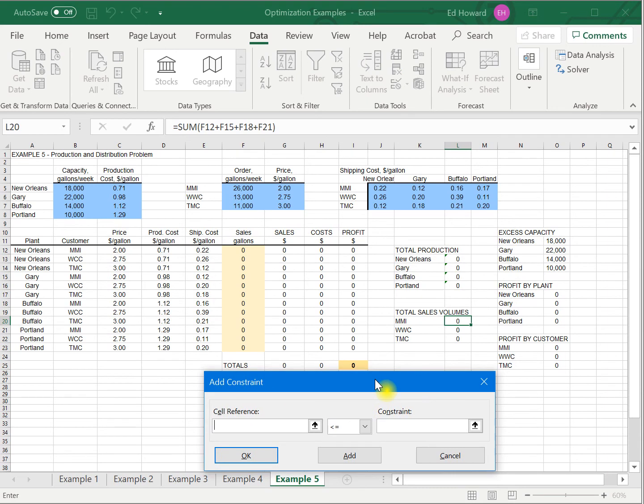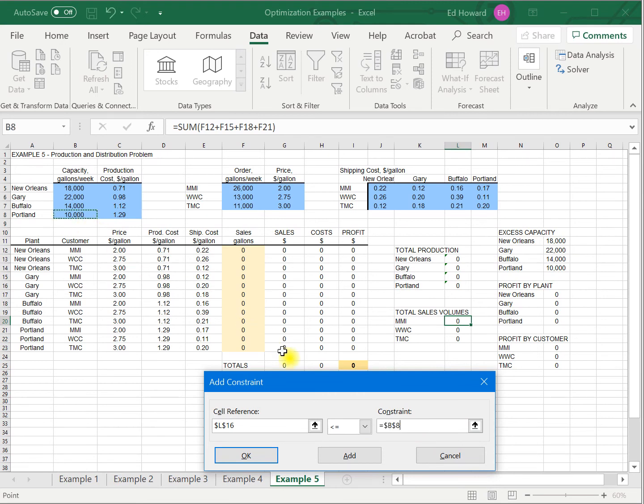So the first constraint is that, for example, let's go to the production in New Orleans. The total production has to be less than or equal to its capacity. And we'll do that for the other plants as well. The total production at Gary, less than or equal to its capacity. Total production at Buffalo, less than or equal to its capacity. And finally, total production at Portland, less than or equal to its capacity of